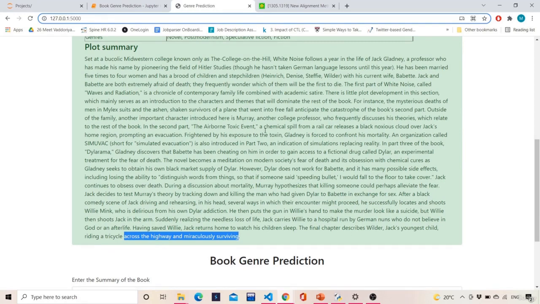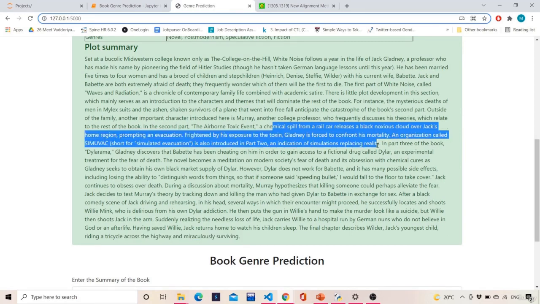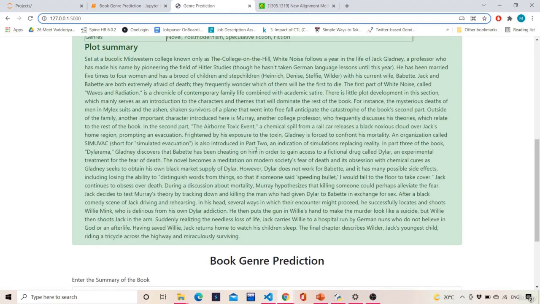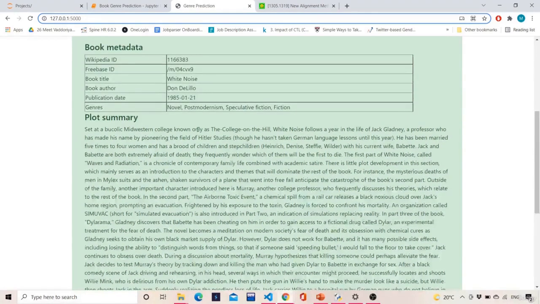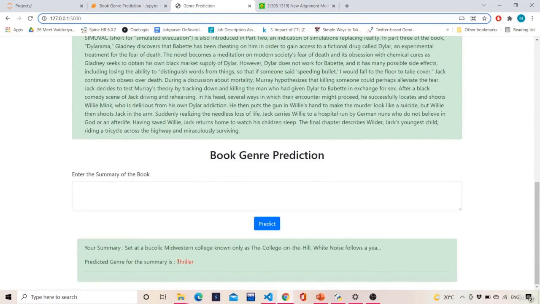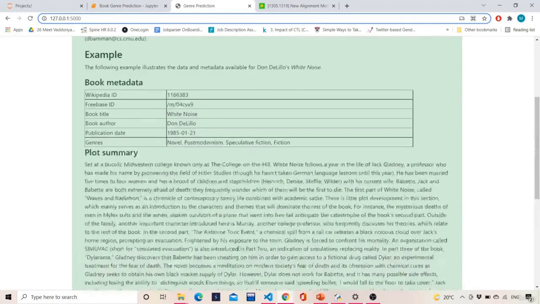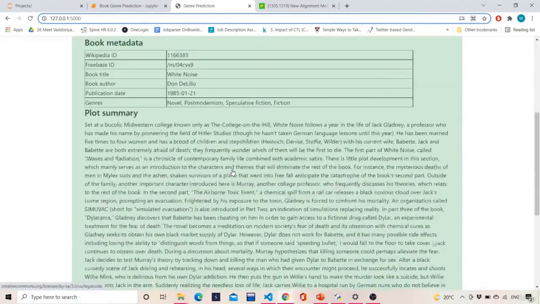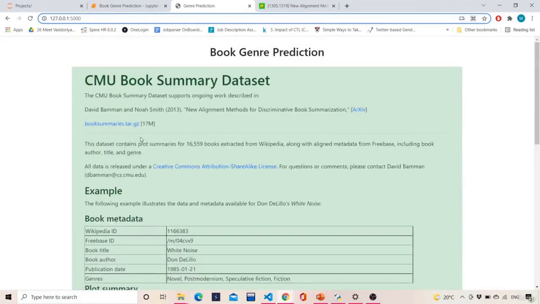So it is surviving from a very big chemical spill, and there is a lot of struggle happening. So it's almost a thriller. It is perfectly classified as thriller. In the next video we'll look at the building of this project.